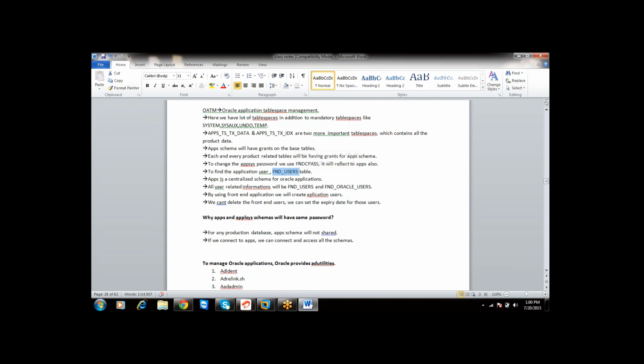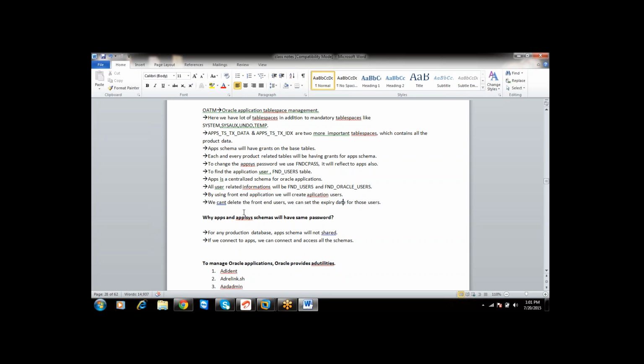Let us assume there are 100 end users accessing your application; you can query FND_USER for that information. The important tables for user related information are FND_USER and FND_ORACLE_USERID. End user is the one who sits at the client location and accesses Oracle Applications. How to create such users, we will discuss further.